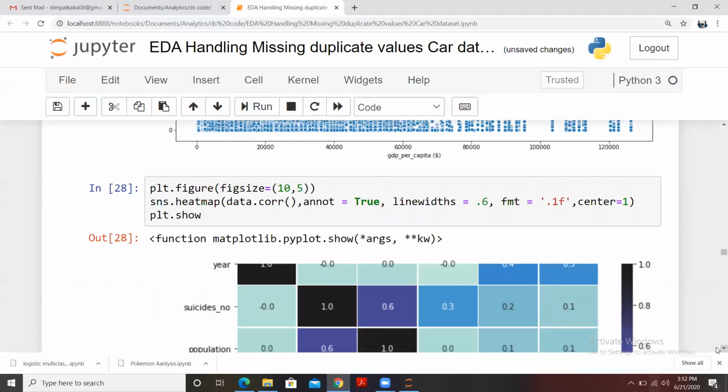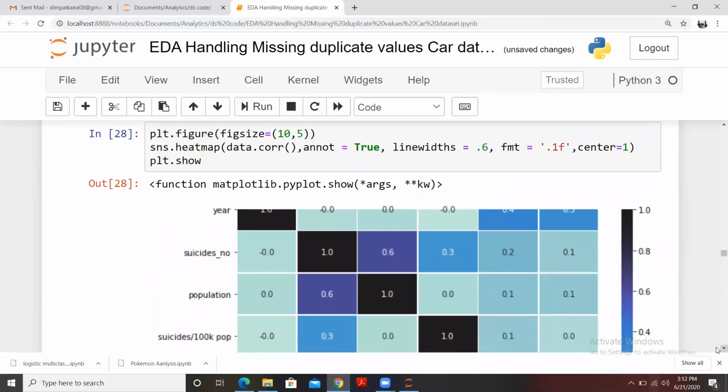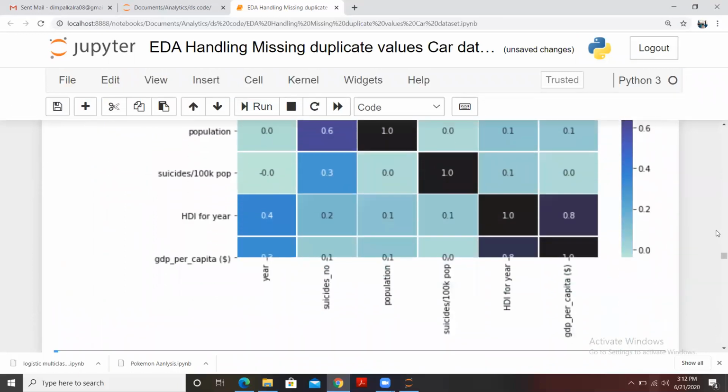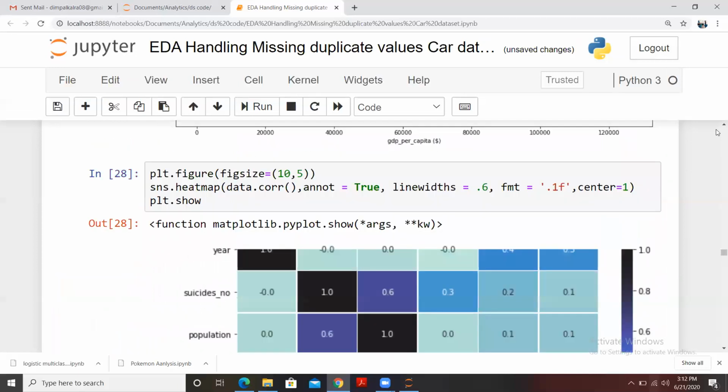Right, so we can see that for the different columns we have specific relations. The darkest color shows the maximum relation, and the lighter color shows the minimum relation.